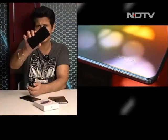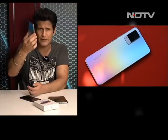Our top story today is the Vivo V21. Now V20 came in, really set a great benchmark, so kind of tough for the V21 to fill those shoes. But I have to tell you as a preview, it does. So super thin, one of the thinnest phones I think in the Indian market right now, 7.29 mm, very, very